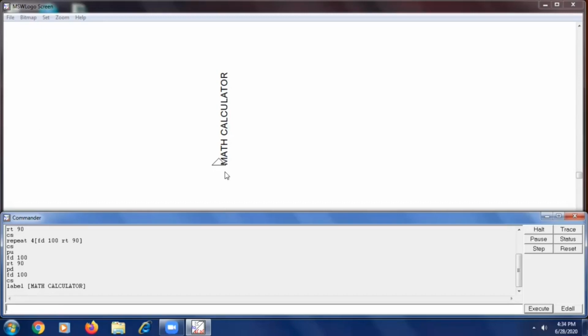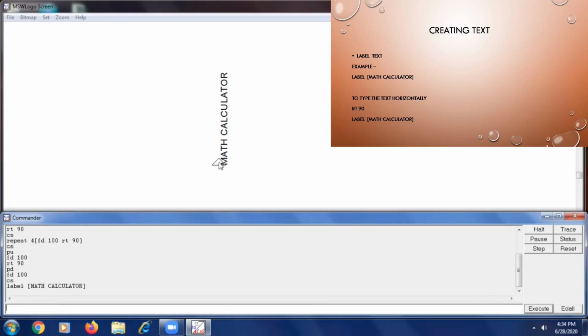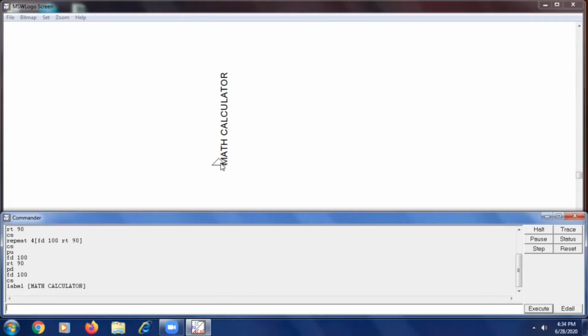While we use the label command, we need to remember one thing: a turtle has two parts. We all know the first part is the head and the below part is called the tail. In whichever direction the turtle's head is, in the same direction the line will be.